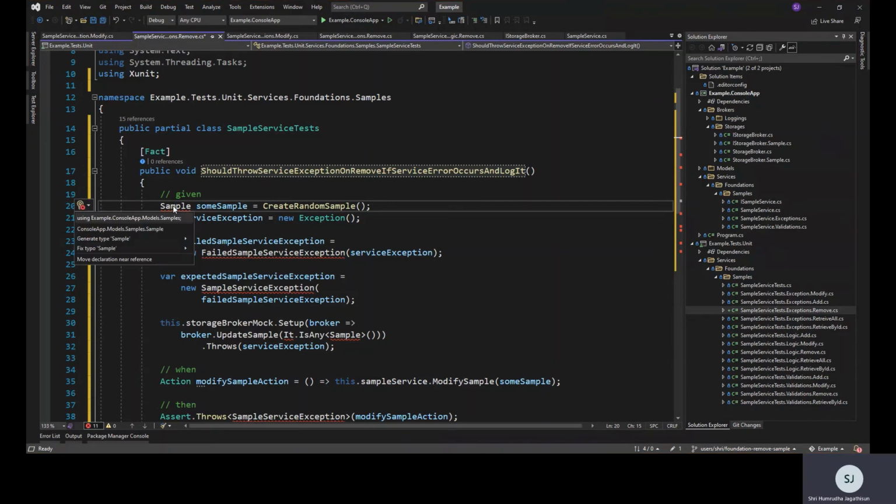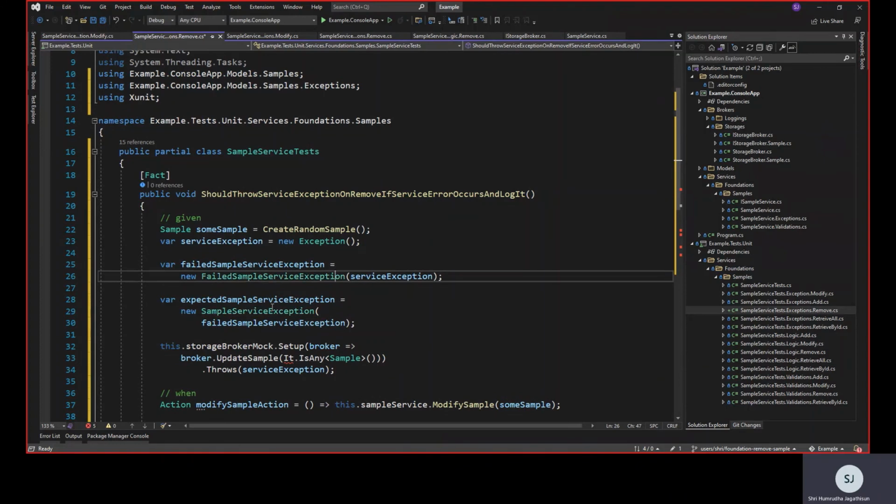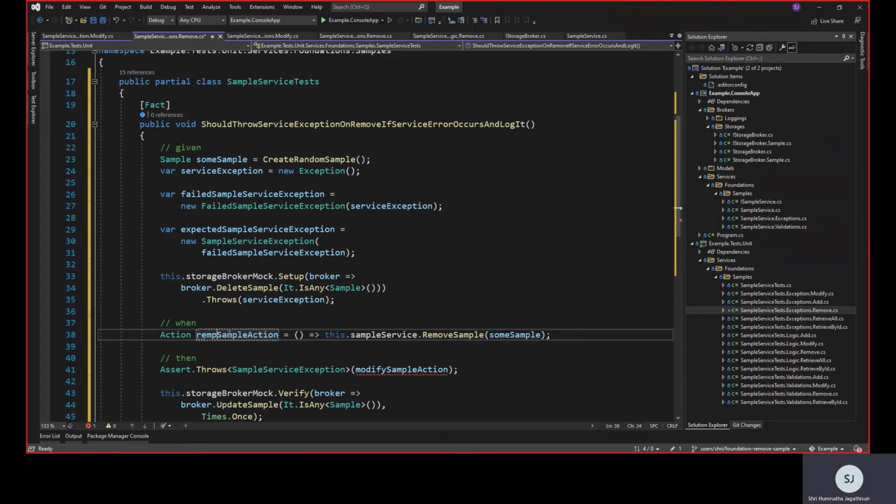So then we're going to prepare a random sample. We're going to prepare the exception that the actual dependency is going to throw, and we're going to localize it and then categorize it, and then say whenever there is the call being made, throw the exception, and then the scope of test is remove, and this is going to be